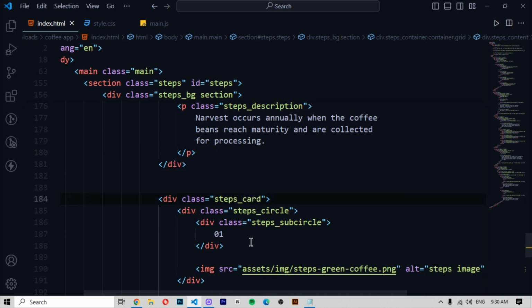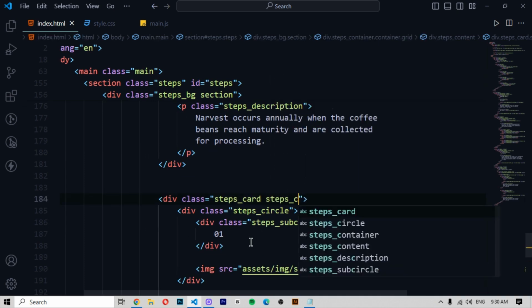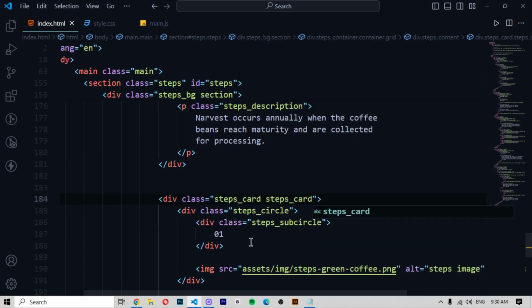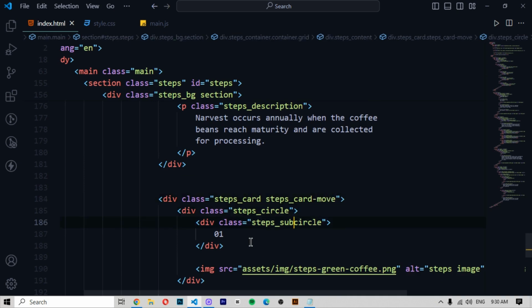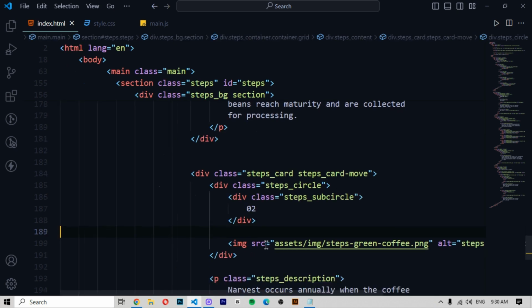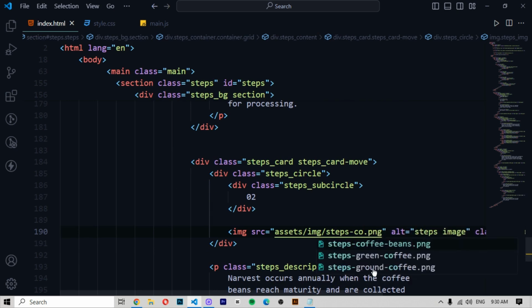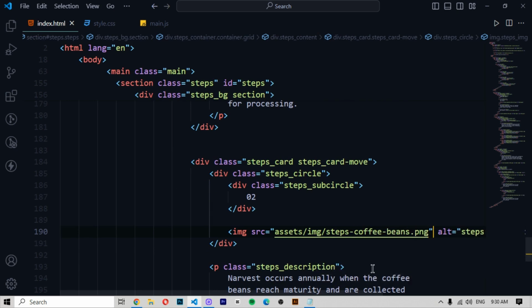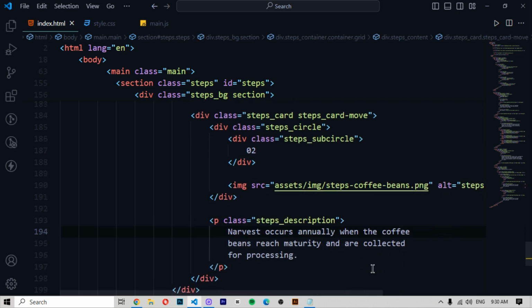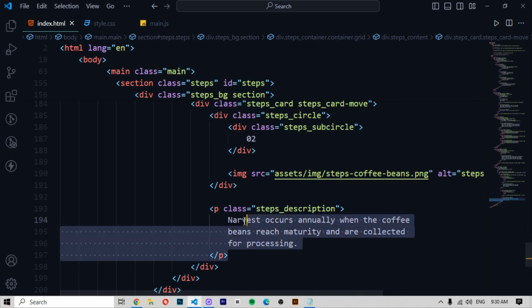Then here you write steps card slash move, and then here you write 02, and then you give the coffee name should be steps coffee beans. Okay, then steps image,